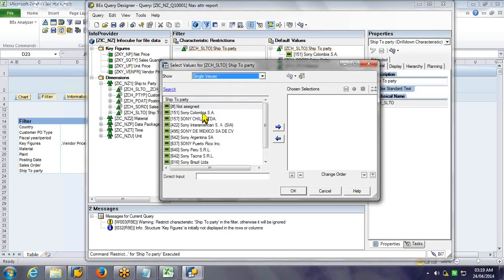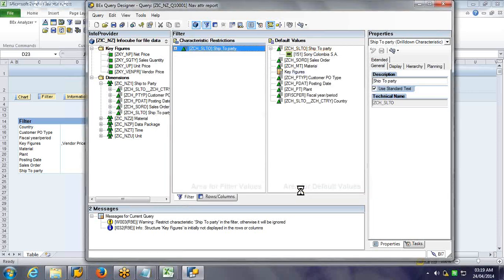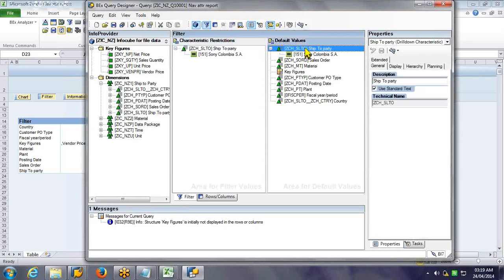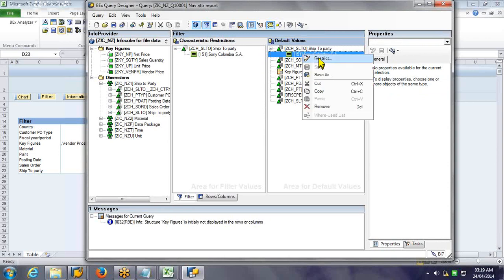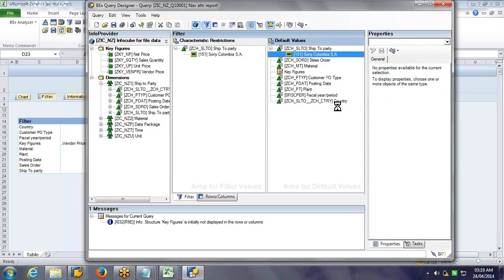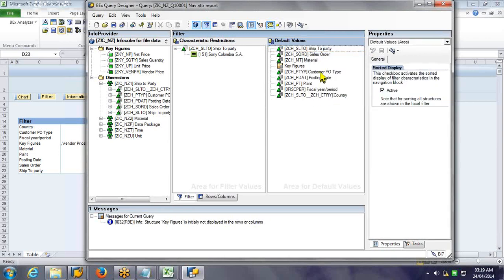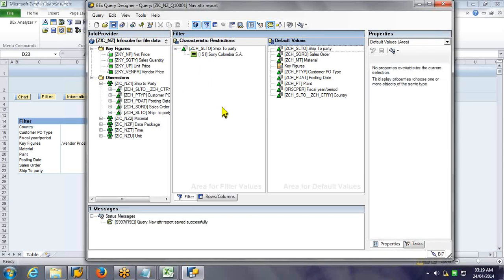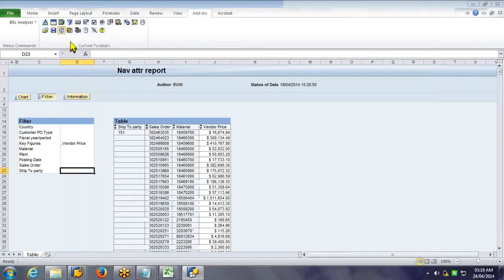Single values, 151. Now just remove the other option, I mean this restriction only. Okay, so I am keeping nothing in the default values, only the characteristic restriction. Save it. Saved successfully.